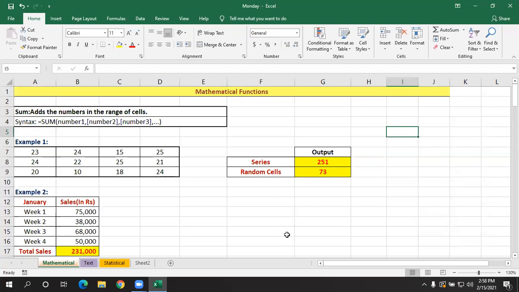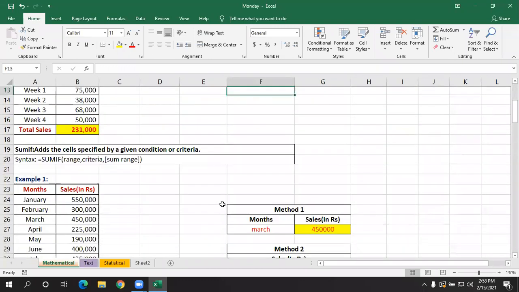A single condition, we use SUMIF. If you have any doubts in SUMIF, please let me know in the chat.